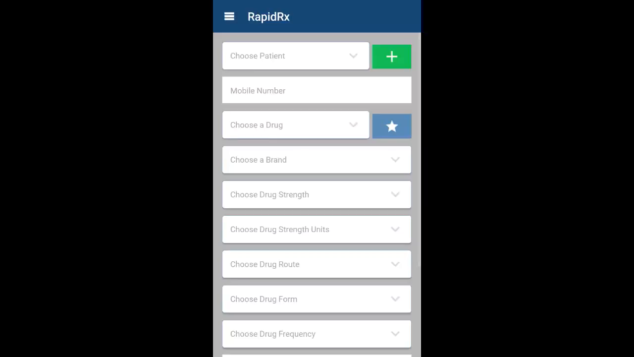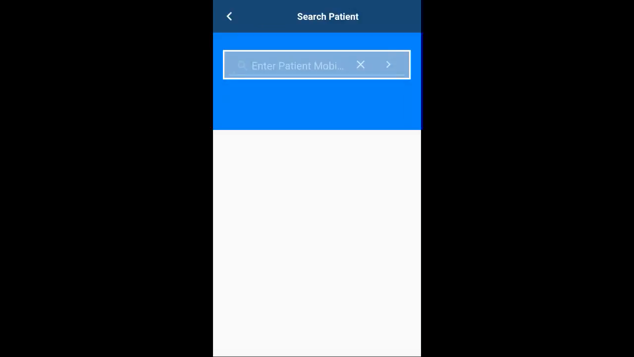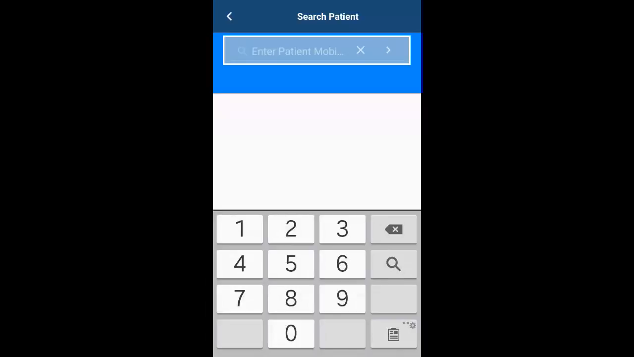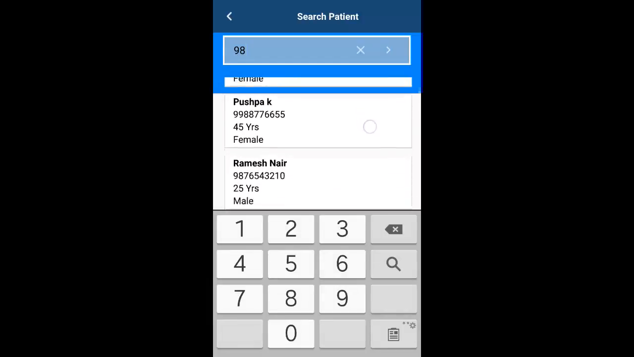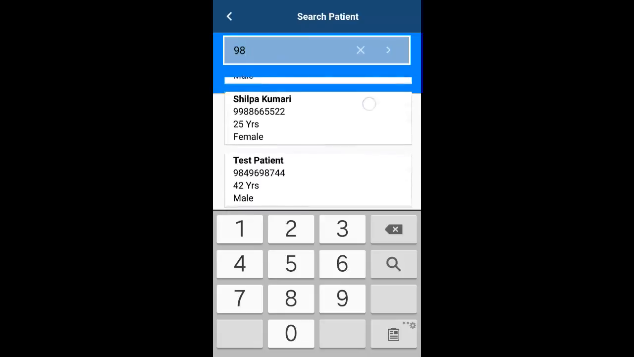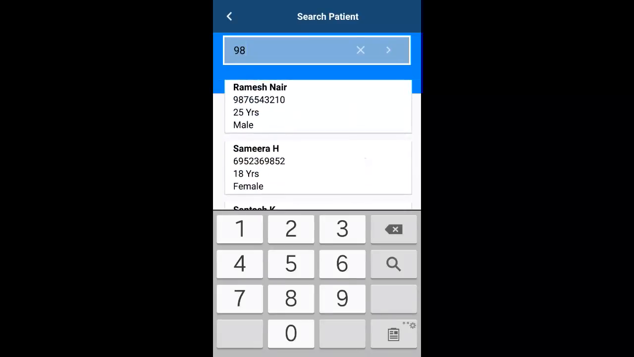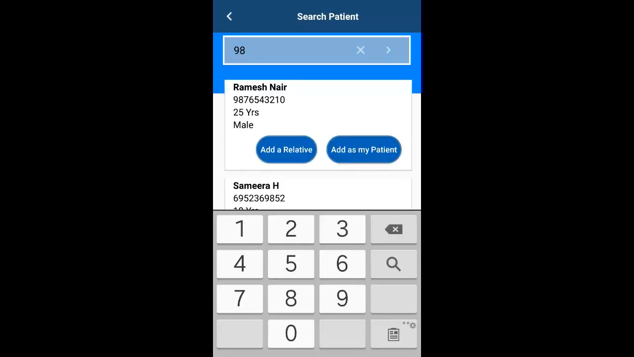But if you do not have a patient in that list, you can go ahead and click on this green plus button, and then you can search for a particular patient if the patient is available in the entire RapidRx community. So you can enter the phone number of that particular patient, and then you can click search, and then you will be able to see all the patients who are available in the RapidRx community. And if you see a patient that you want to assign to your practice, you can go ahead and choose that patient. And there are two